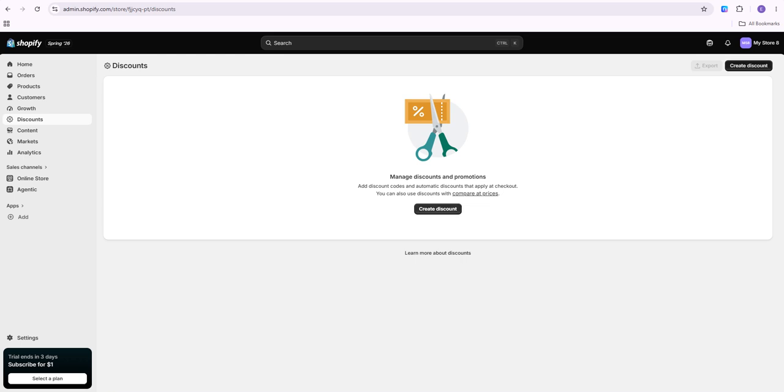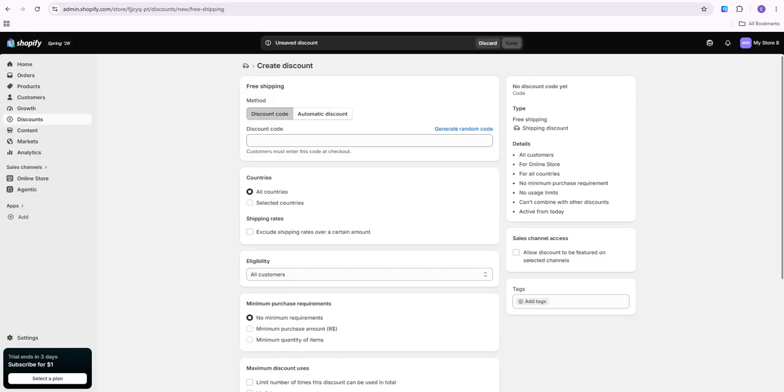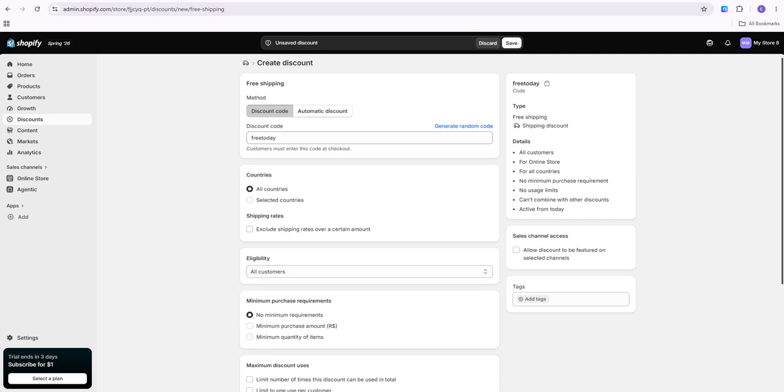Now, enter the discount code you want customers to use. Then choose the type of discount, such as a percentage off, a fixed amount off, free shipping, or a buy X get Y offer. After that, configure the discount details. Set the discount value, choose which products or collections are eligible, and decide whether the discount applies to all customers